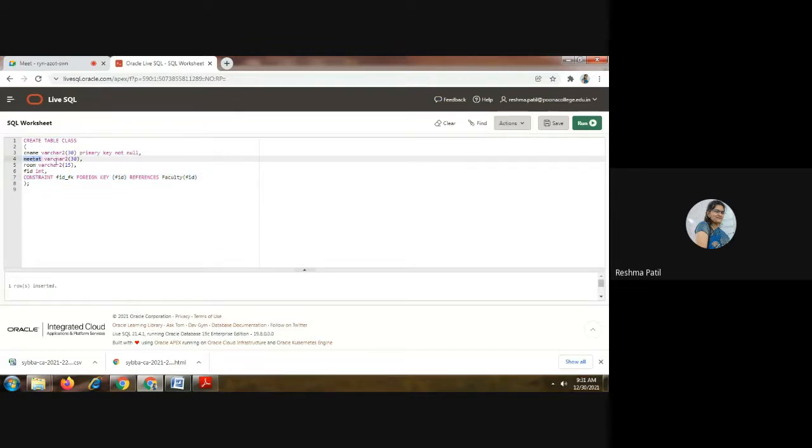For what they have taken this field, they have not mentioned it. Class name, meet at, room, FID, 4 fields are there. Table created.